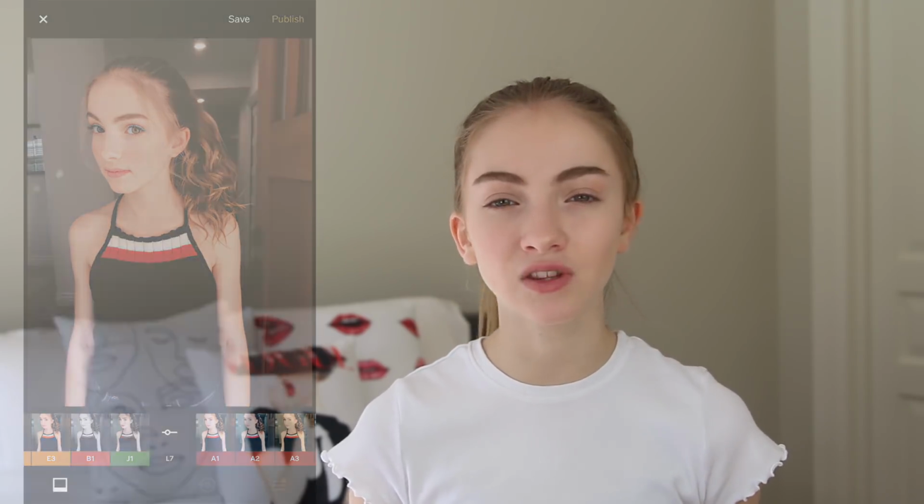As you can see, it kind of pulls more brown tones out from it and gets rid of the lighter tones. For each photo on my Instagram, it's a little bit different, so I'll adjust the exposure, the contrast, or like the L7, how far up it is, and I might move it down a bit because 12 is sometimes way too much. It really just depends on the photo.